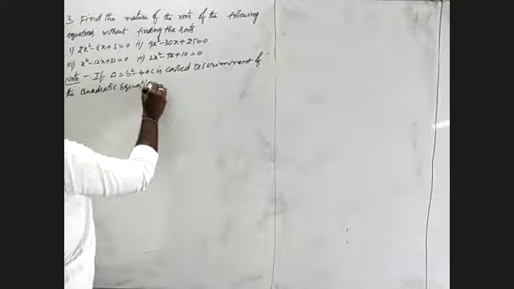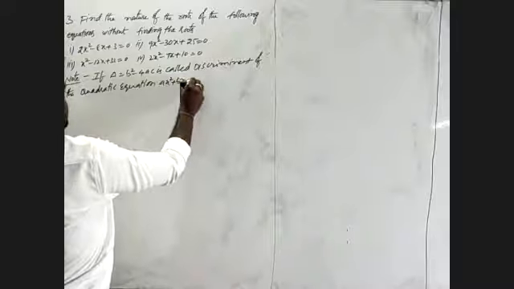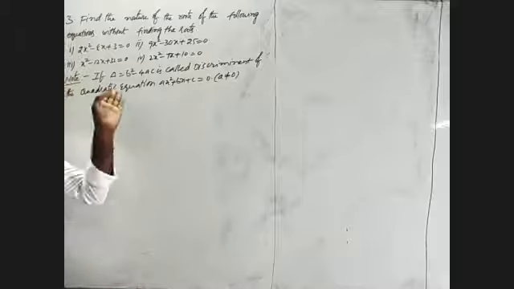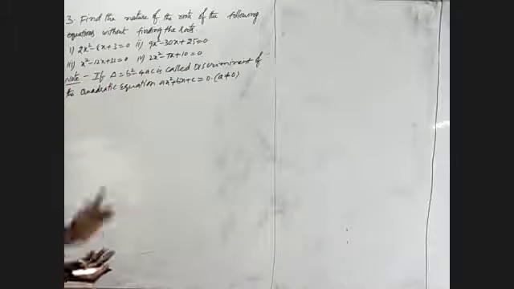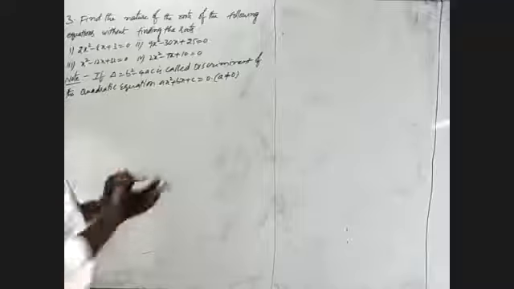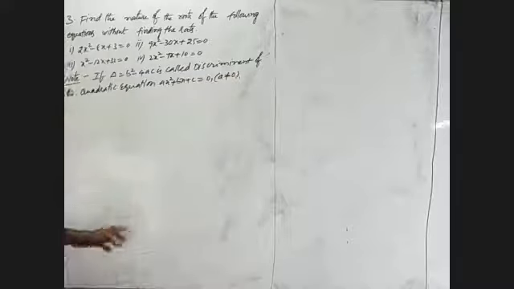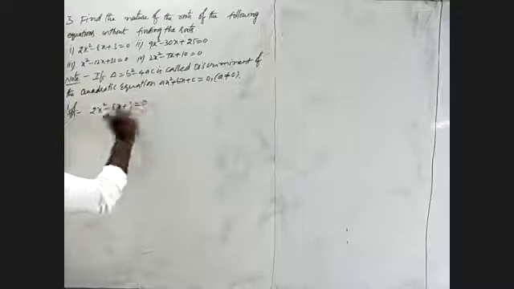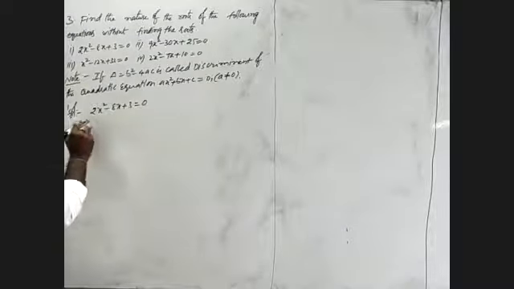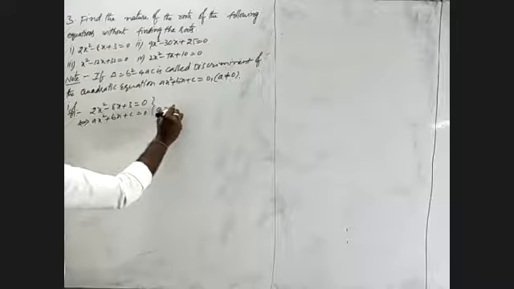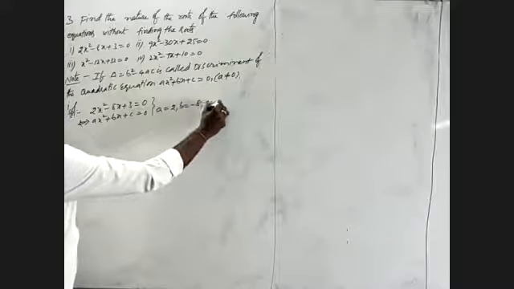What is the quadratic equation? ax square plus bx plus c is equal to 0, where a is not equal to 0. Delta is equal to b square minus 4ac is called the discriminant of the quadratic equation ax square plus bx plus c is equal to 0, where a is not equal to 0. For the first problem we will find the nature of the roots. The problem is 2x square minus 8x plus 3 is equal to 0. We observe the given one can be compared with ax square plus bx plus c is equal to 0. That I will write a equal to 2, b is equal to minus 8, c is equal to 3.